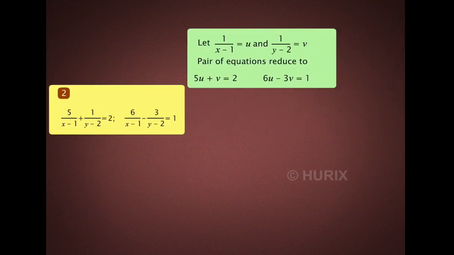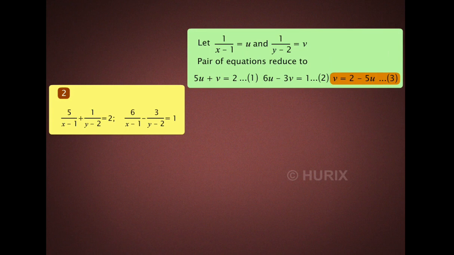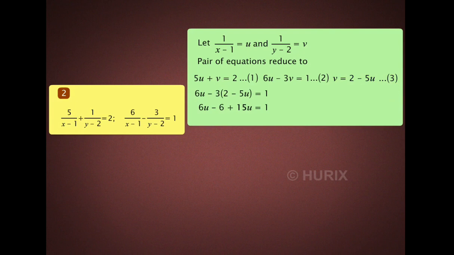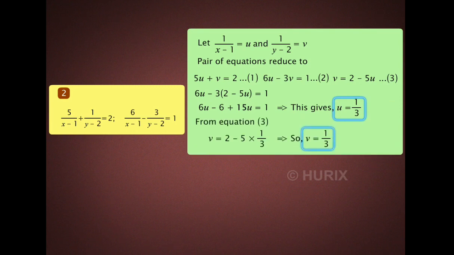Now, moving on to the second pair of equations. For the sake of convenience, number the equations as equation 1 and 2. Since the coefficient of v is 1 in equation 1, let's use the substitution method to solve these equations. Equation 1 gives v equal to 2 minus 5u, which is our equation 3. Using equation 3 in equation 2, we get u equal to 1 by 3. Using the value of u equal to 1 by 3 in equation 3, we get v equal to 1 by